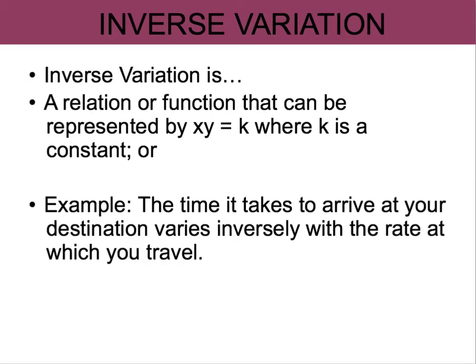So an inverse variation is basically the opposite of a direct variation. An inverse variation is a relation or function that can be represented by the equation x times y equals k, where k is the constant of variation again, or in other words, y equals k over x. The fundamental difference between direct and inverse is that in